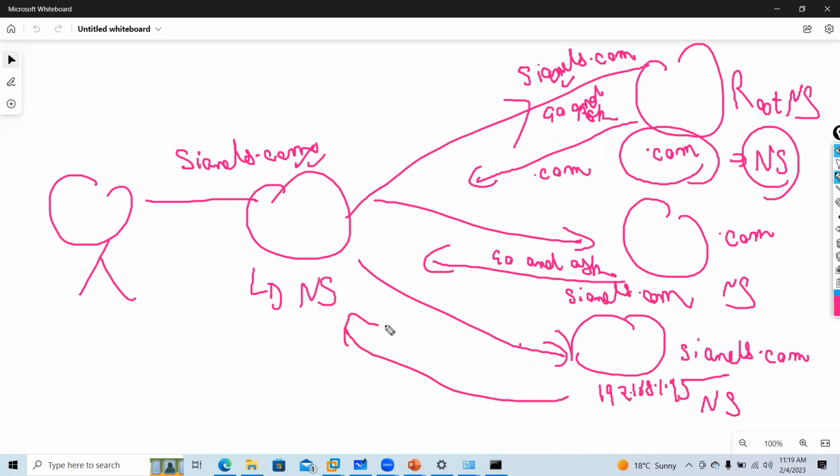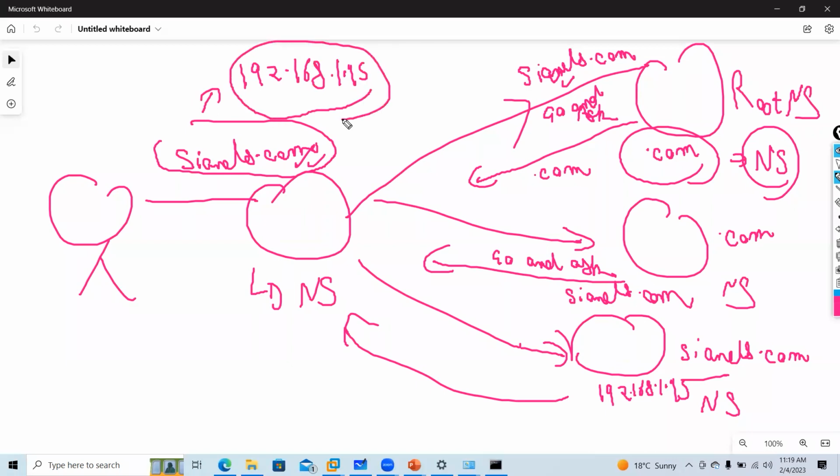Now LDNS will receive this IP, and finally the client will be able to resolve it. So that is how, guys, your recursive and iterative resolution works.